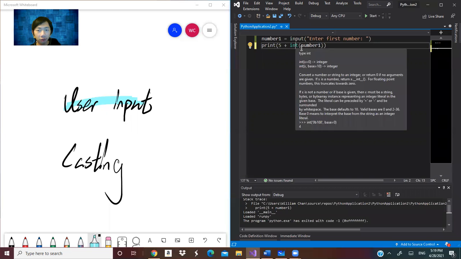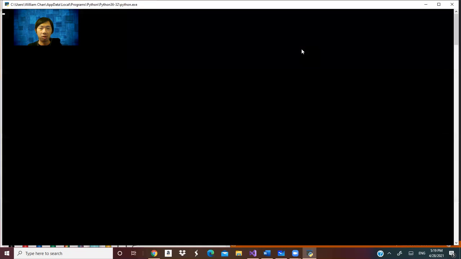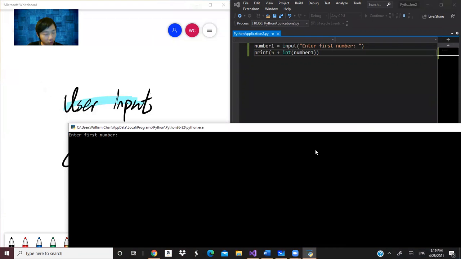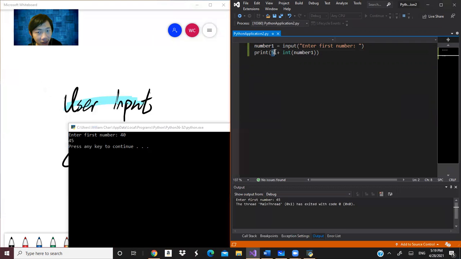So if you use int, you force it to convert from the string to the int. So 40. Number 1 is a string, but I try to convert it to an int. So here it is an int as well.